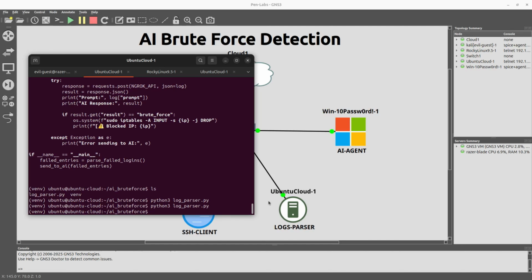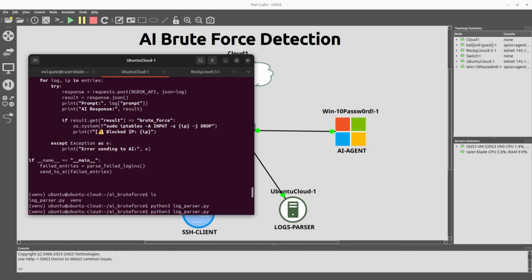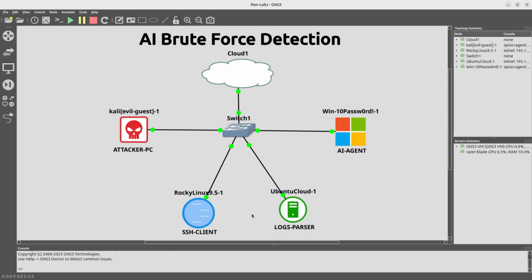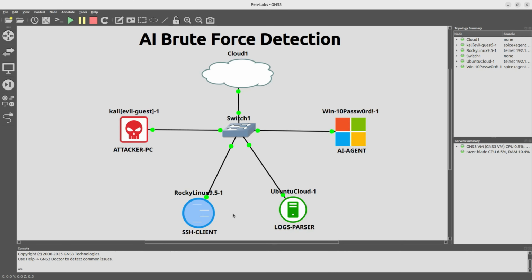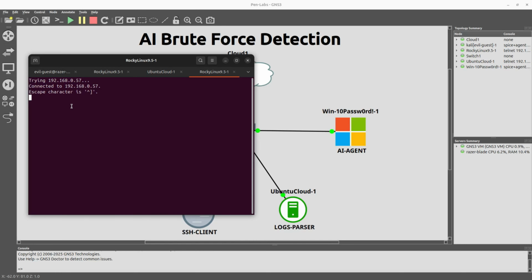Supposed to generate logs. So I'm still trying to debug what is wrong. So for us to do that, let's close this, and let's go back to this, and okay, let's go back to Rocky. So what we need to do now is Ctrl C. So let's go back to Rocky and